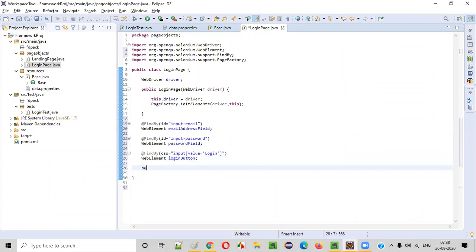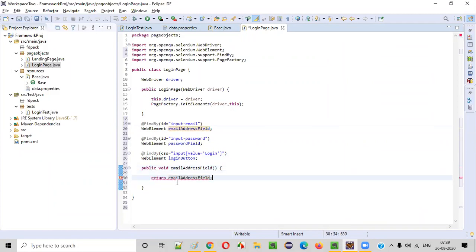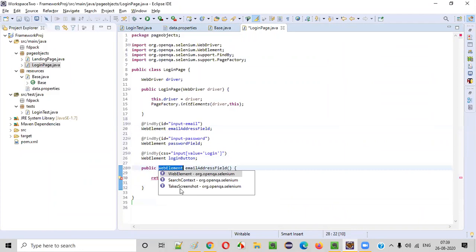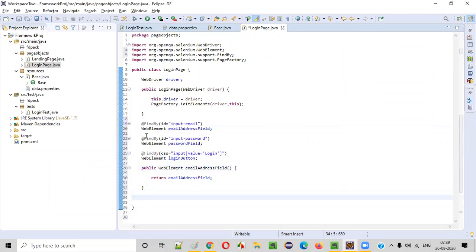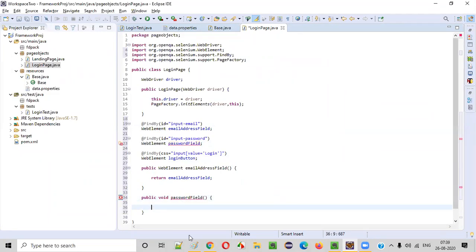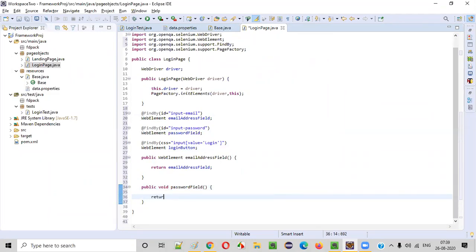How to return? Public void, first one, emailAddressField. Copy this. I'll convert this into a method by putting the circular brackets at the end of this name. I simply have to say return emailAddressField. Over the mouse, change method return type. Similarly, I'll create the methods for the other two. Public void passwordField, return passwordField, change the return type to WebElement.